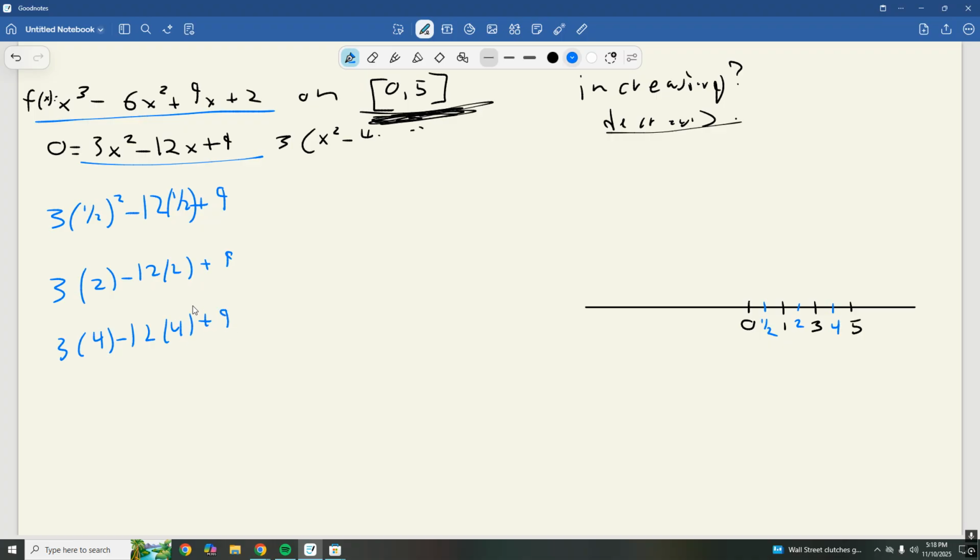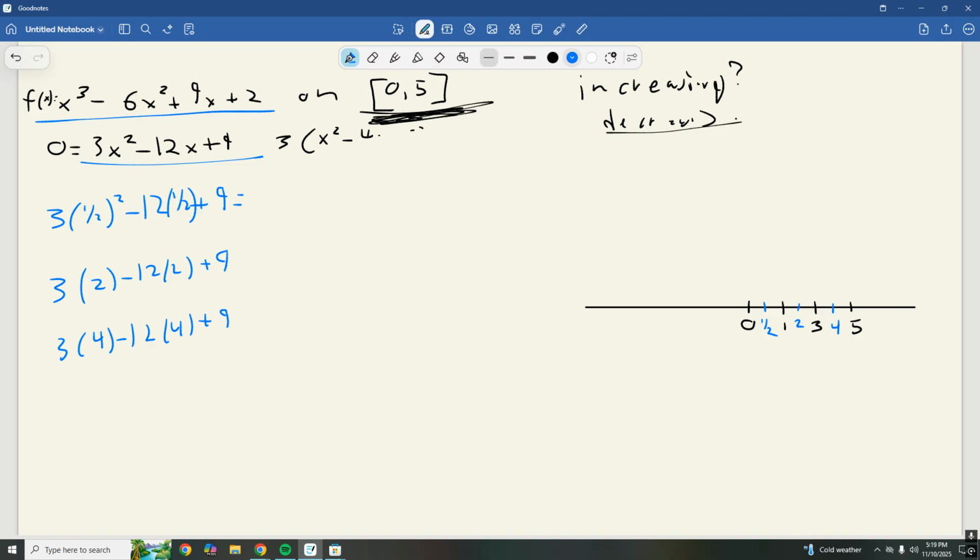Okay, now let's find out if it is increasing or decreasing on these. How do we do that, you ask? It's pretty easy. So we just need to find if this is a positive value or a negative value when we calculate this. So this right here, this will be 1/4. So 3/4 minus 6 is going to be